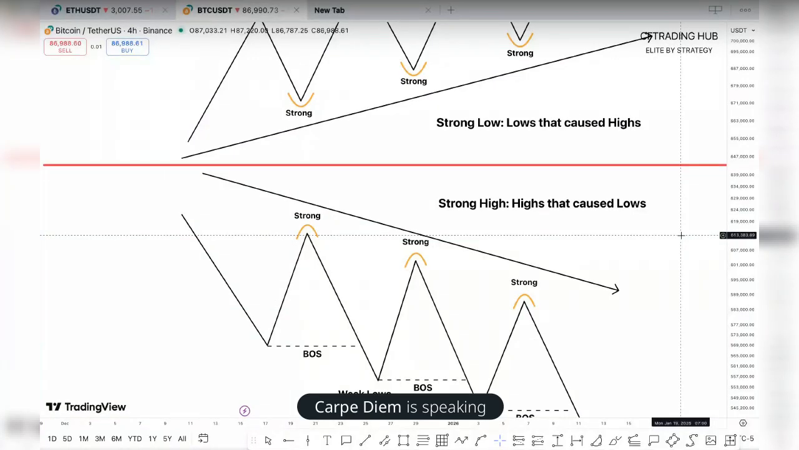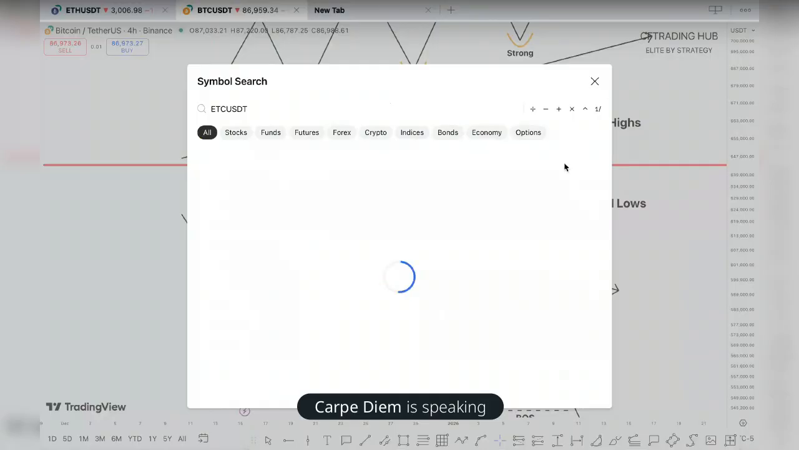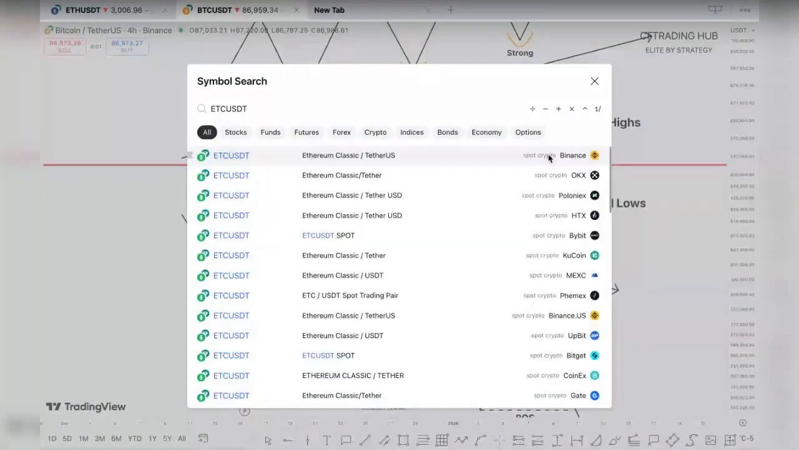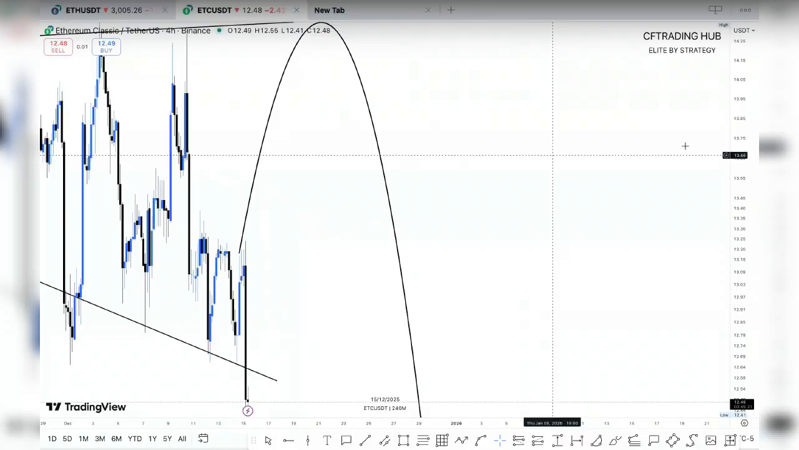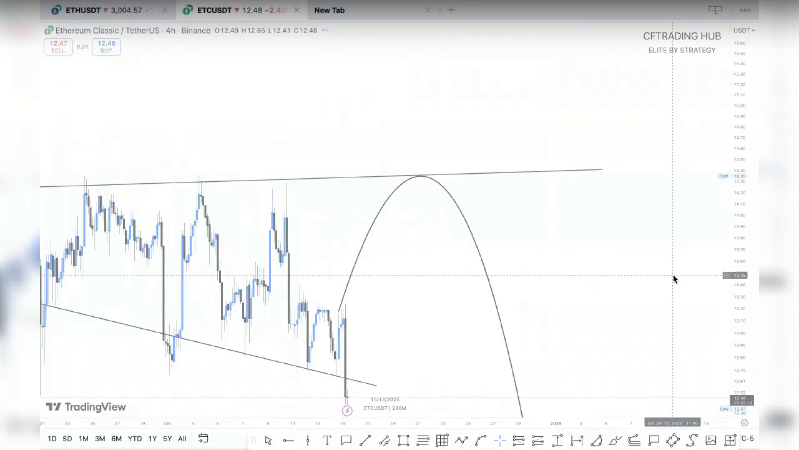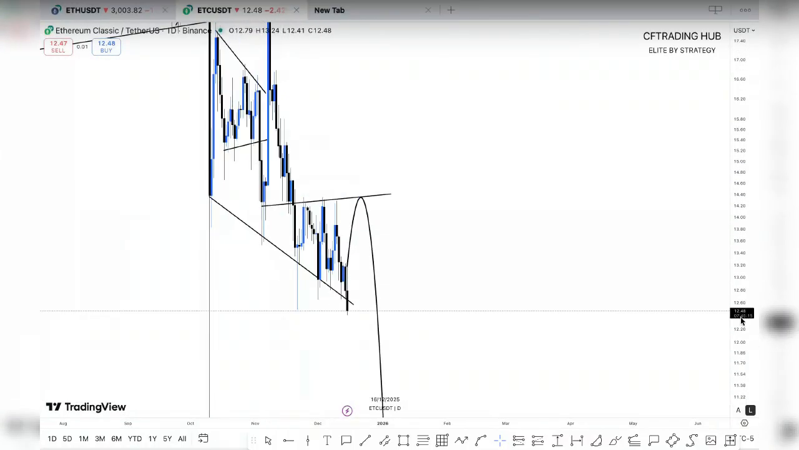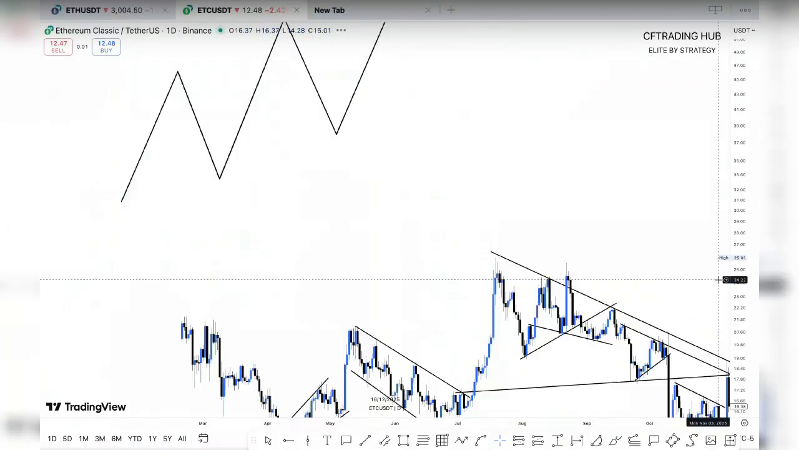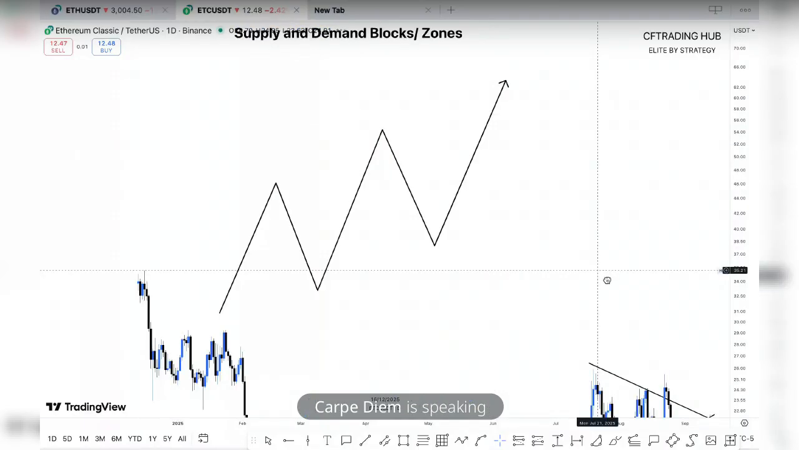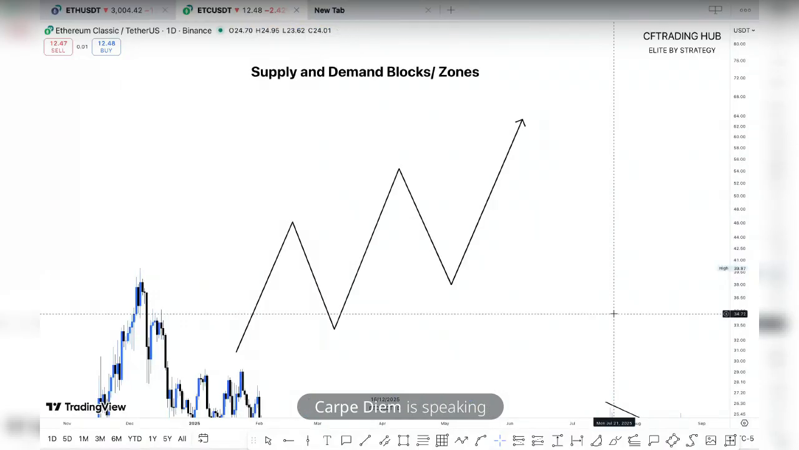So now we'll go on from there to supply and demand. Let's talk about supply and demand today. Like I was saying initially, supply and demand blocks or zones are basically